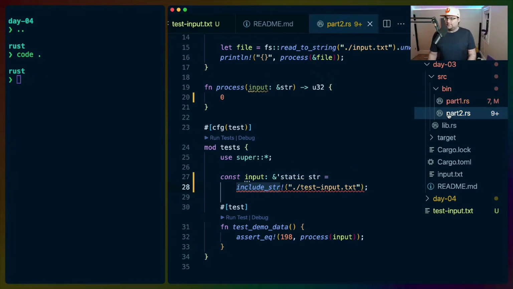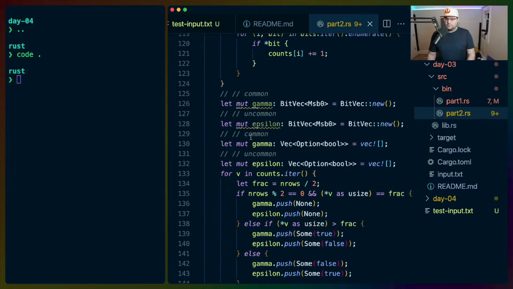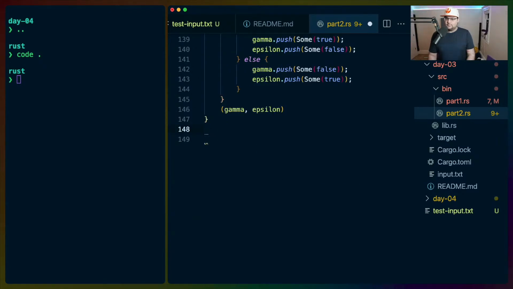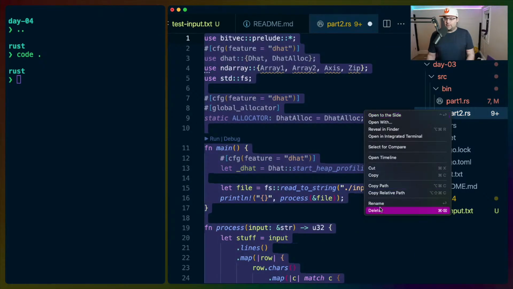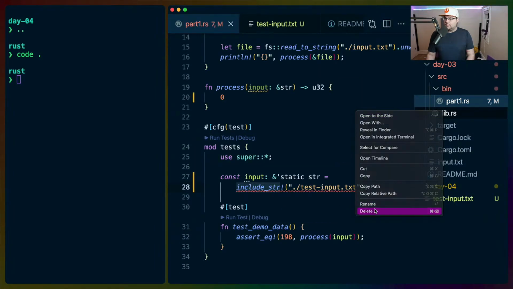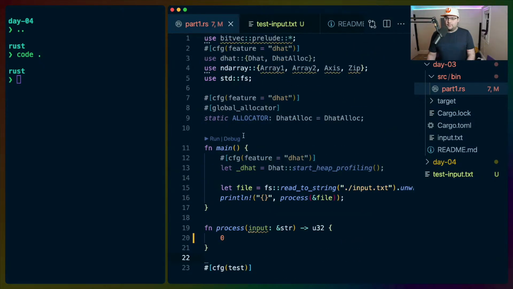Let me delete all the code in part 2 so that we can actually run our tests and stuff. I'll just copy paste part 1, move to trash. The lib also is not something we need at the moment. So now we just have the code for part 1. And if we cargo build,